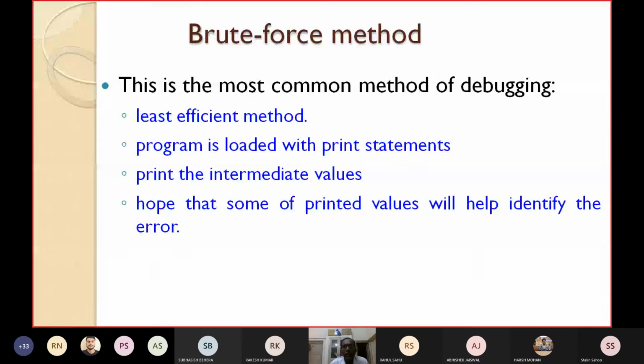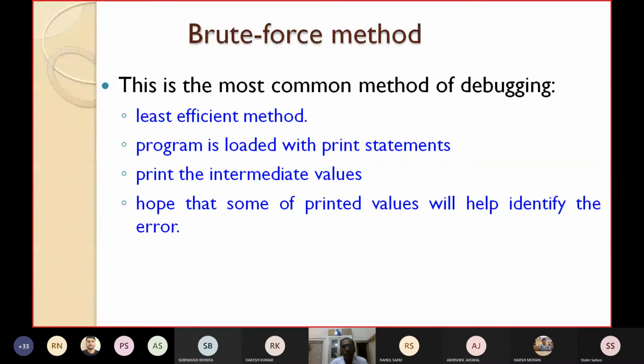What is your objective? Your objective is to print the intermediate values. Before displaying the final result, you introduce many print statements in the program to print intermediate values, in the hope that some of the printed values will help identify the error. Say you are finding a complex computation like a plus b minus c star d to the power e.